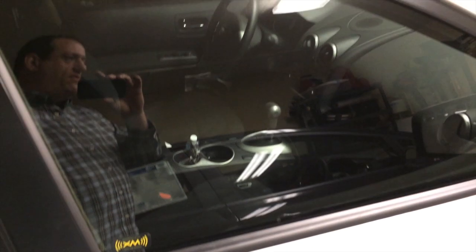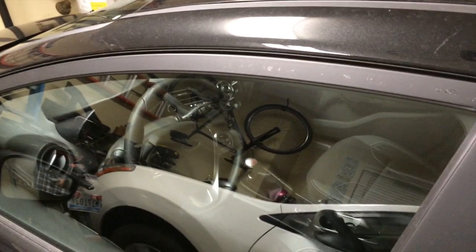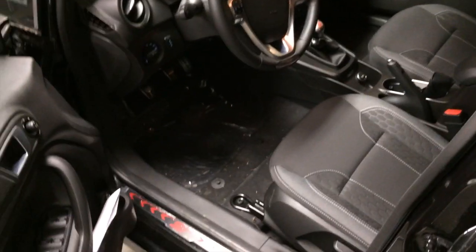There is as much room in the driver's area of the Fiesta as there is in the Rogue. The Rogue seats sit a little bit higher, so if you're tall like me, I'm 6'5" and about 265 pounds, that extra bit of thigh support does make a taller seat a little more comfortable, but the Fiesta is not a long-haul vehicle. It's not that you couldn't if you were smaller in stature, but